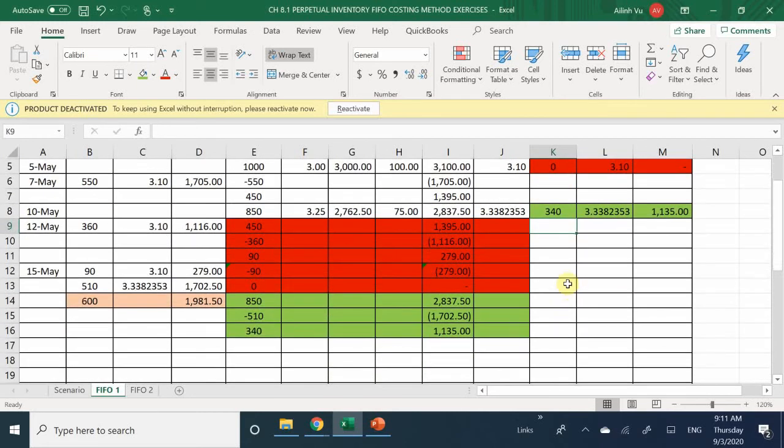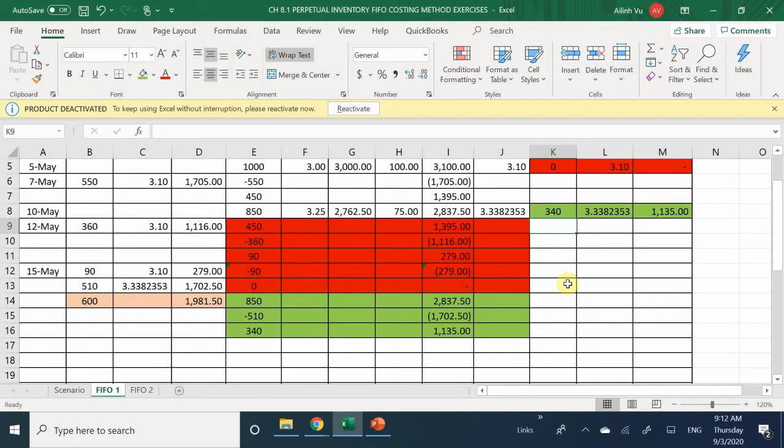You see how I'm moving from left to right? I've completed my right side. I completed my left side. I completed the middle portion, and now I completed my right side. This is what I mean by you're going to go from left to right. You're going to start off with your cost of goods sold. If you don't have anything, then the next portion you got to do is the middle portion. Once you completed your middle portion, calculating your total purchases that you made, you're going to transfer it into your